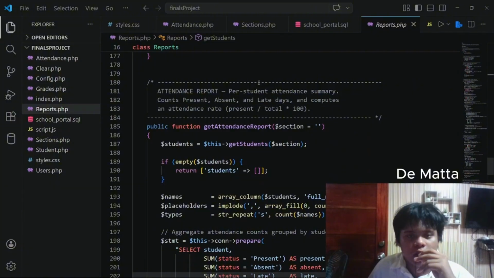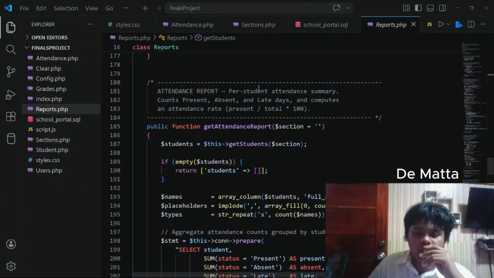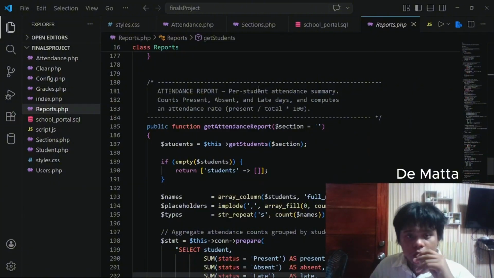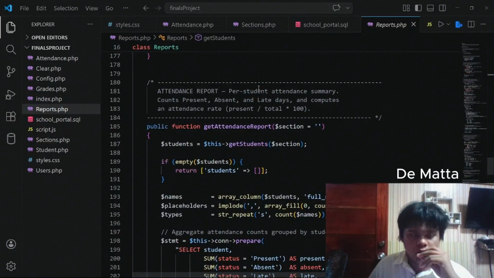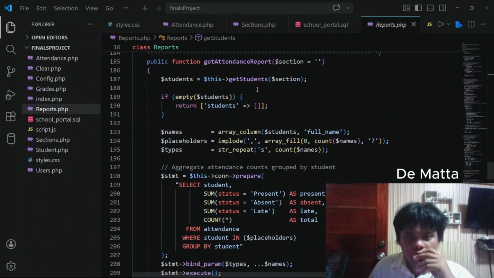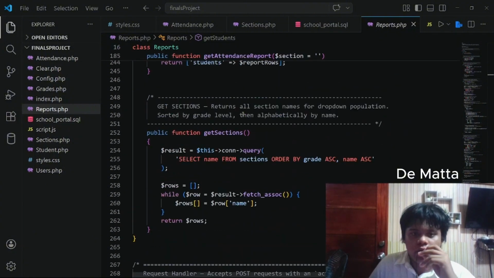Here, the attendance report summarizes all the attendance of the students and counts their presence, absences, and lateness, giving the attendance rate, and it is also totaled per section. Here we get the sections.